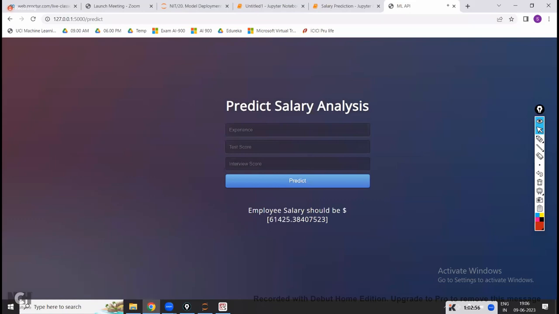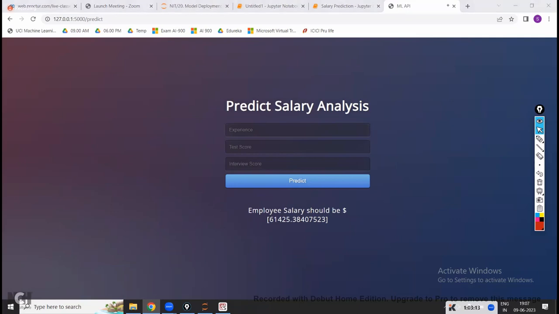They will just enter the values like this and click on predict. In the backend, the code is working. The model is working. Everything is working. Now, as one of the questions, Satish from online asked, sir, how can I know how